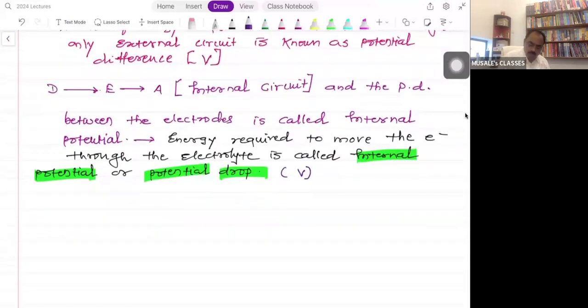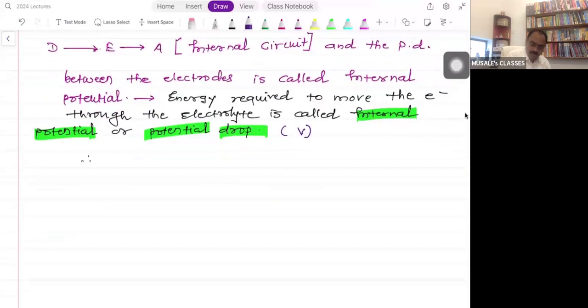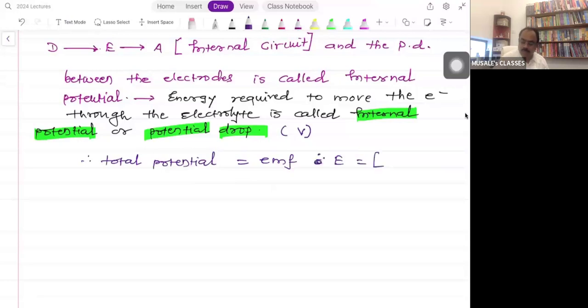So therefore the total potential, which is also known as EMF, that is denoted by E, and that will be external potential plus internal potential, and therefore this E